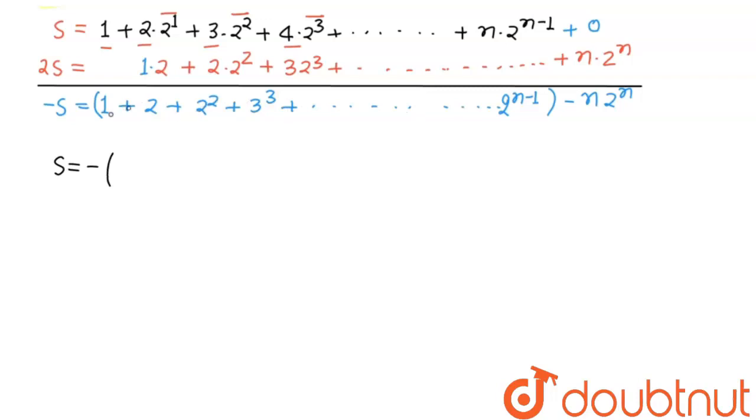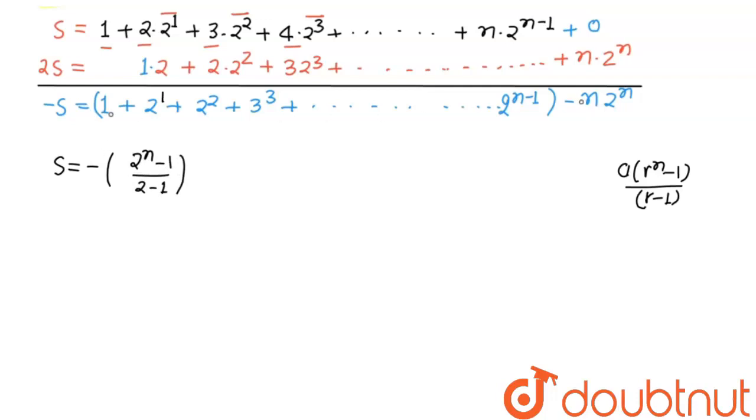So if you see, this is the sum of n terms of a GP whose first term is 1 and common ratio is 2. These are n terms. Why? See, this is 2 to the power 0, so powers 1 to n minus 1, these all are n minus 1 terms, and this is also 1 term. So total n terms. And the answer is the summation formula: a times r to the power n minus 1 upon r minus 1. Okay, so what is a? First term is 1 and r is 2. So 2 to the power n minus 1 upon 2 minus 1.